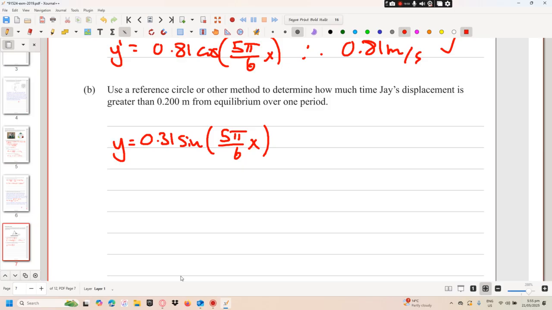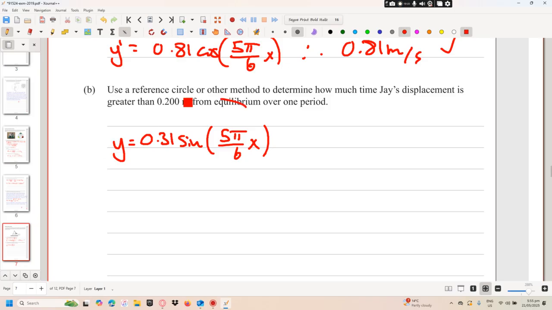And we want just displacement to be greater than 0.2. Okay, so if he starts at the equilibrium position, looking at my graph I've got here, going into reference circle,